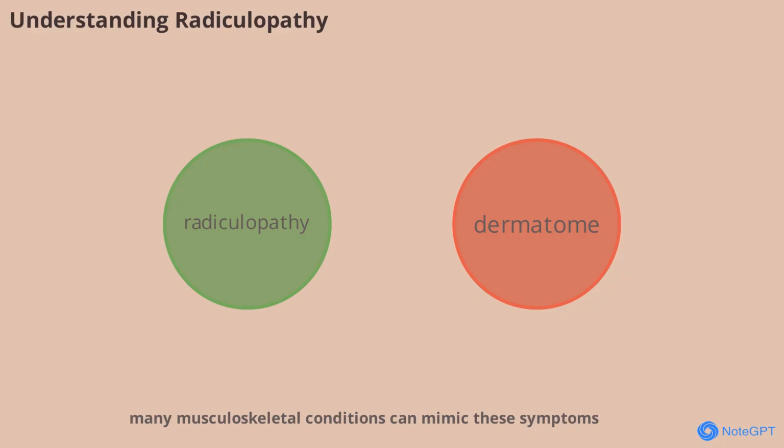However, many musculoskeletal conditions can mimic these symptoms, making diagnosis challenging. For example, a patient with pain radiating down the leg might not have a herniated disc, but could be experiencing symptoms from hip osteoarthritis or even a muscle strain. Understanding the nuances of radiculopathy is crucial for accurate diagnosis and effective treatment, setting the stage for a deeper dive